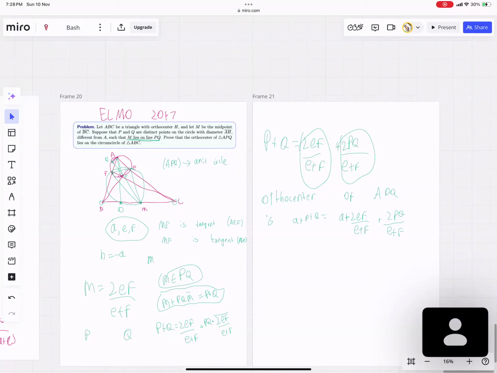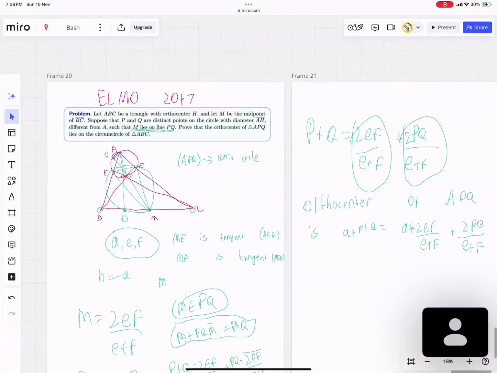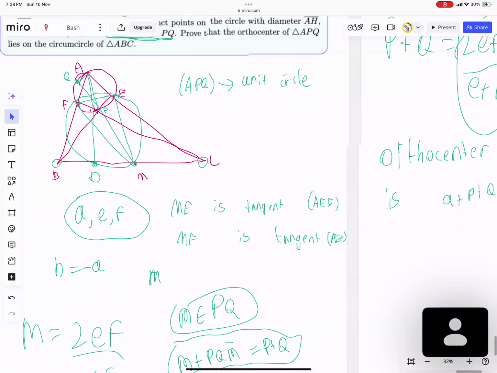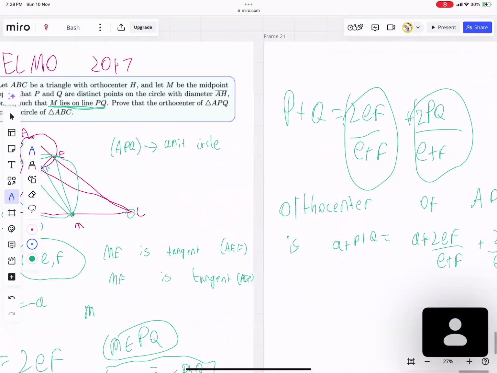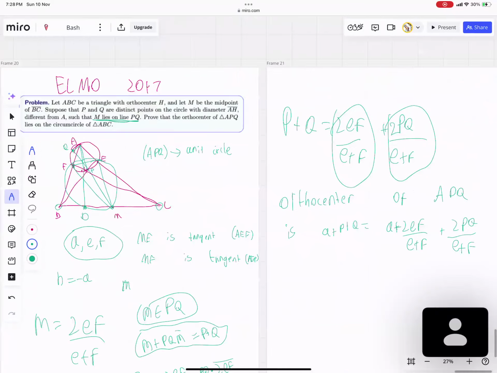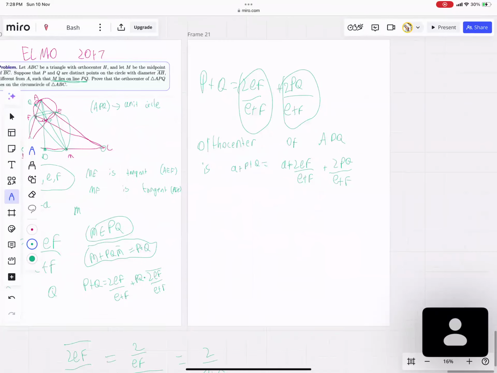So now, is there any smart trick we can do to calculate? Oh, wait, let me just draw the diagram. Firstly, we've ignored B and C. Wait, no, now we can't ignore B and C fully, but